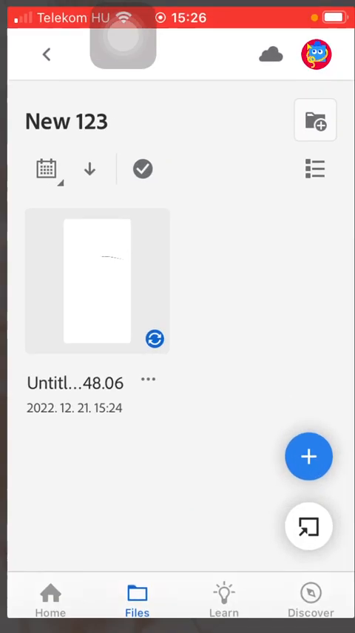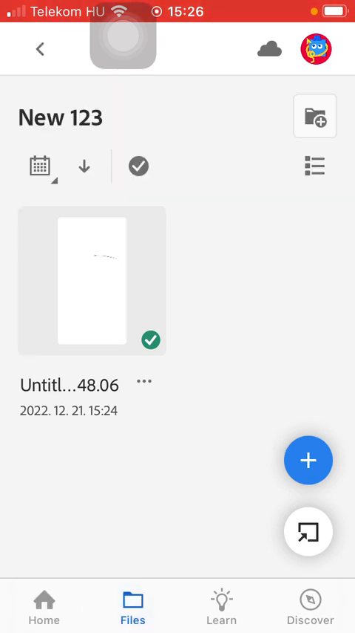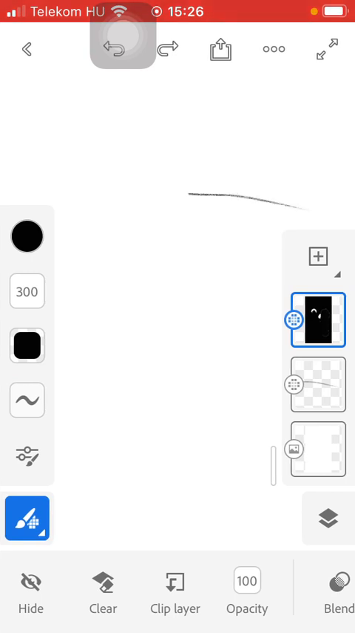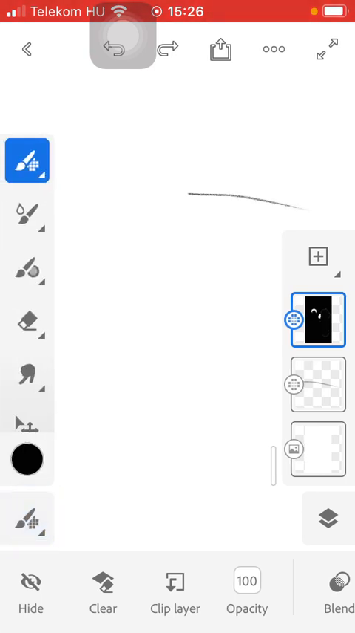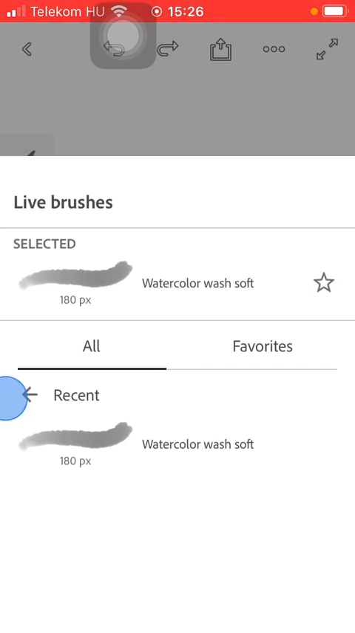First of all, open the app on your phone. Select the document from either your home section or the files section. Tap on it. Once it is loaded in, you should go to this section in the left side corner or left side of the screen. This is a column, and tap on the second brush, then tap on it again, and here you can find